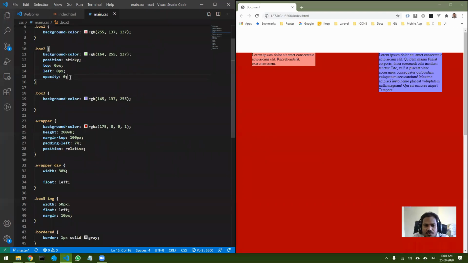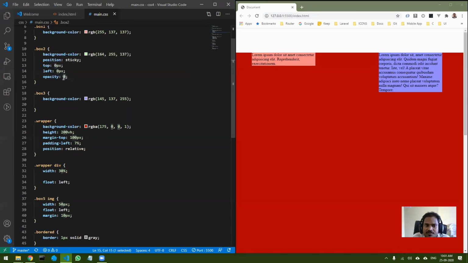If you want to completely remove the element, you can use display none. When you do display none, that particular element is completely removed and the other elements take their place. But if you want the element to be there but it should not be visible, in that case you can set the opacity of that particular element to 0.